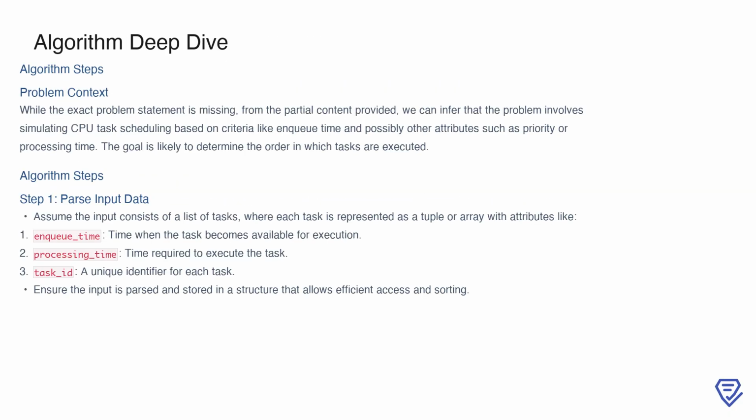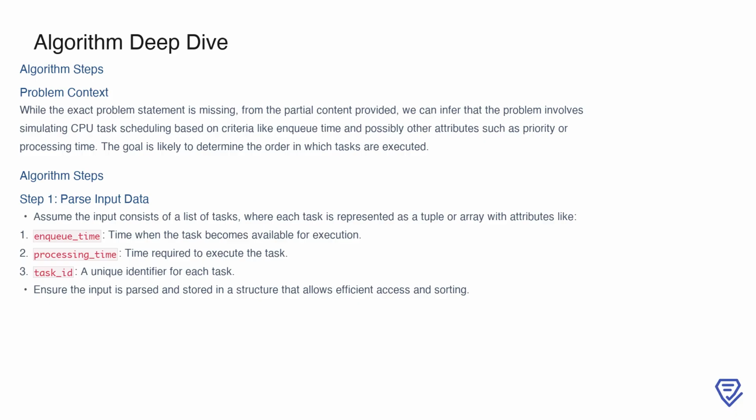To solve this problem, we need to simulate how a CPU schedules tasks based on their attributes, such as when they become available and how long they take to process. Our objective is to determine the order in which these tasks are executed. The first step is to parse the input data. Typically, the input consists of a list of tasks, where each task has three attributes: the time it becomes available,